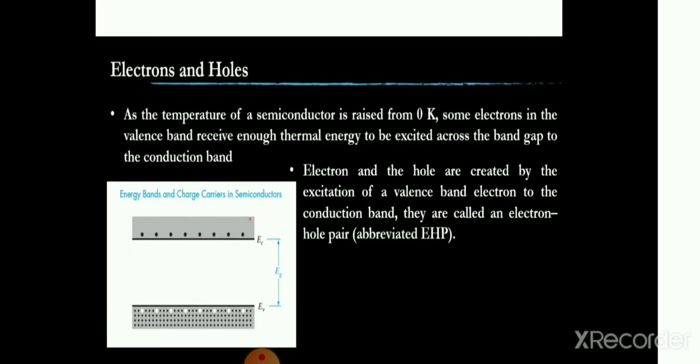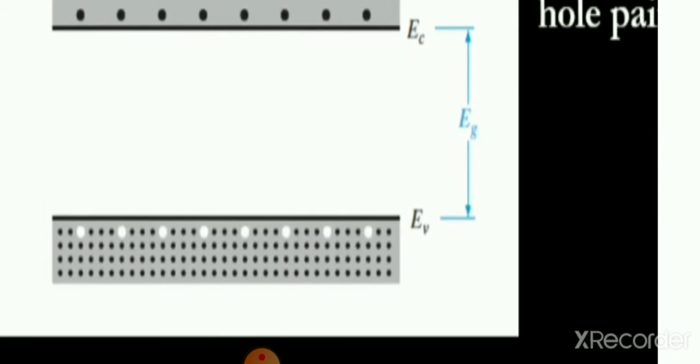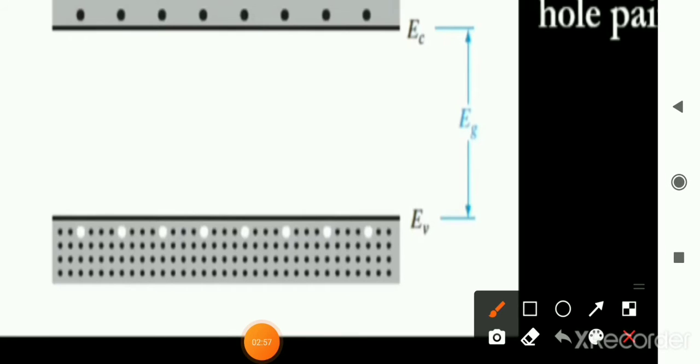What it says, if you refer to this picture, here a hole is present. A hole is always surrounded by many electrons. Here also this hole is surrounded by many electrons. This hole can be occupied because an electron is capable of occupying the hole place. An electron can jump and move to the hole.